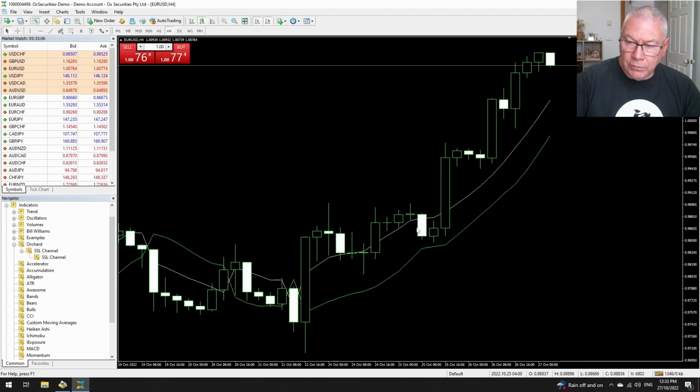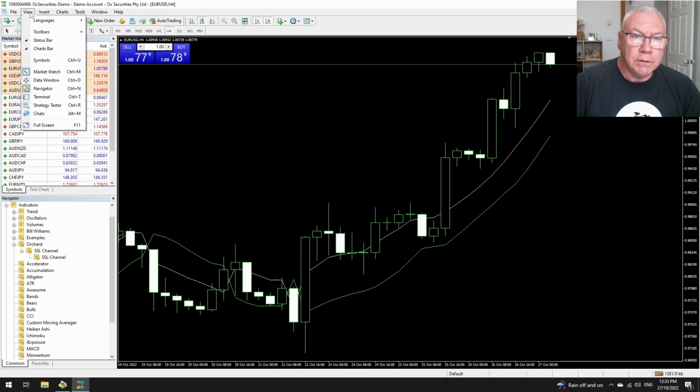And you can then see through this entire trend, candles may close inside the channel, but nothing has closed below the channel, and so this effectively is a support line in an uptrend and a resistance line in a downtrend. I'm not quite sure what to call that. I would probably call that the trailing line, and this would be the leading line. Now if I go to view on the data window,